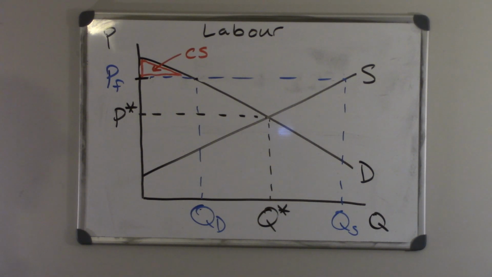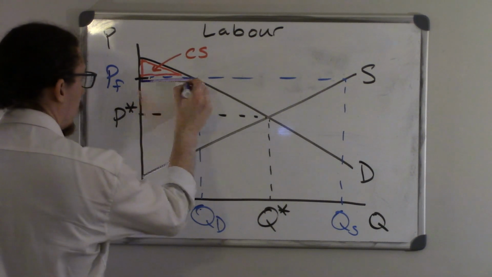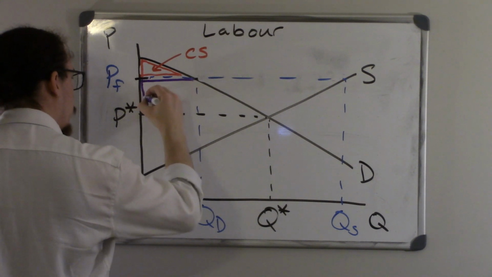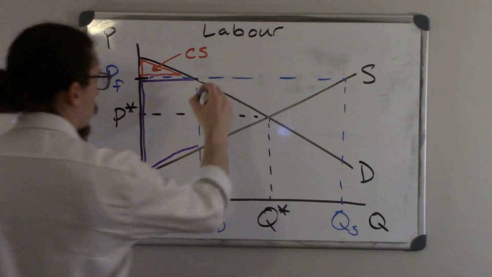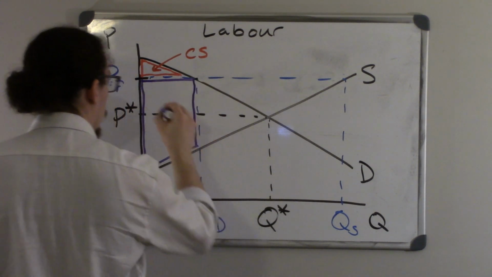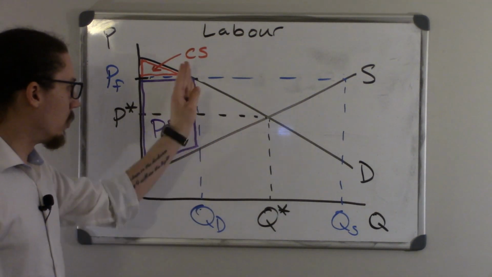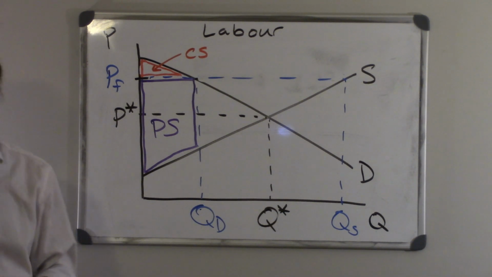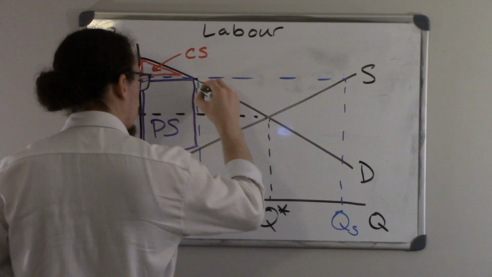All right, and our producer surplus, as usual, is the area below the price, which is our price floor, and above the supply curve. So below price, above the supply curve, right? And once again, we're going to stop here where this line gives us our quantity demanded, because there's no more being bought and sold at this point. All right, so of course that leaves this triangle right here,